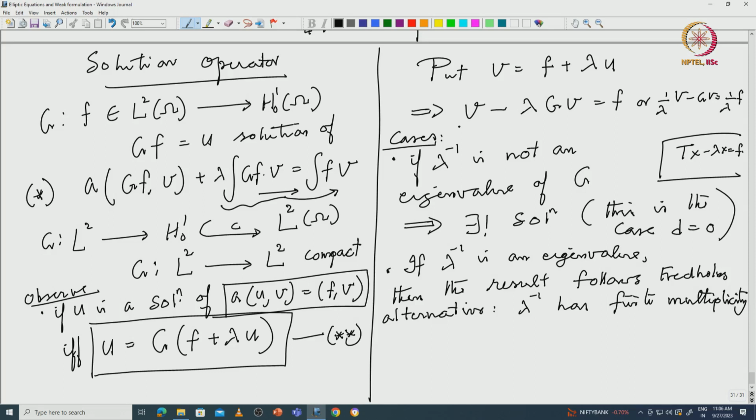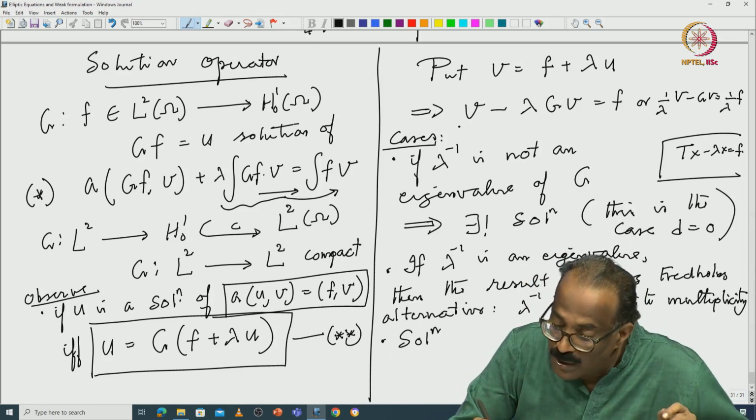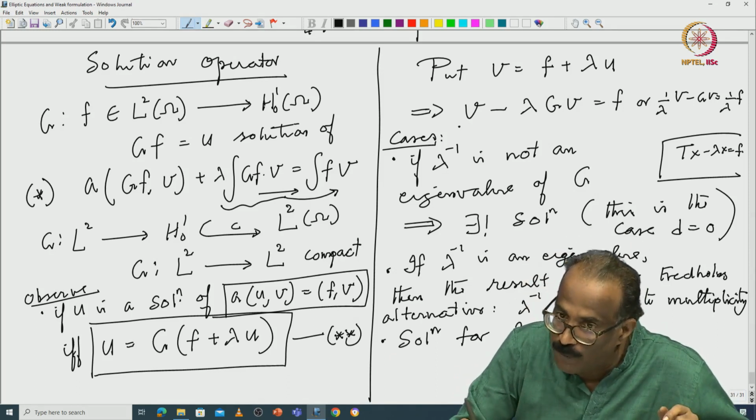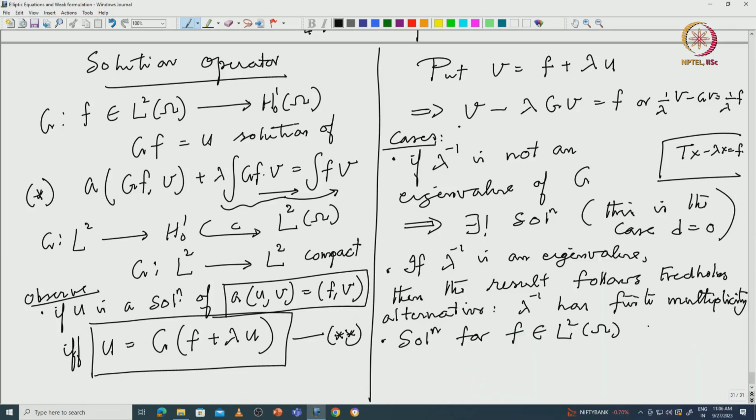So the homogeneous equation has a finite dimensional solution space. This is the homogeneous equation. So the finite multiplicity is the solution of the adjoint equation corresponding to that one. Now the solution for f in L2 of omega exists